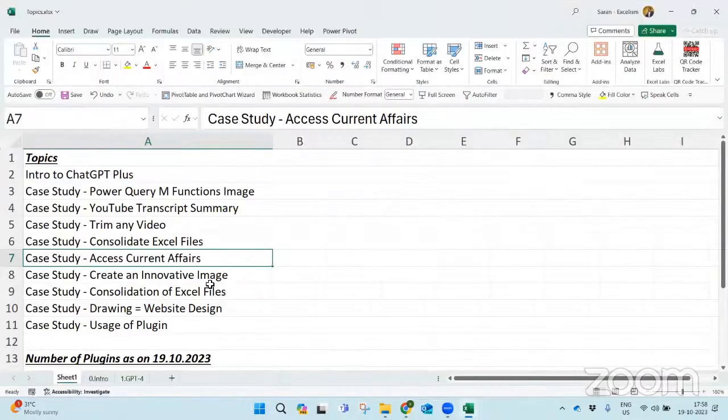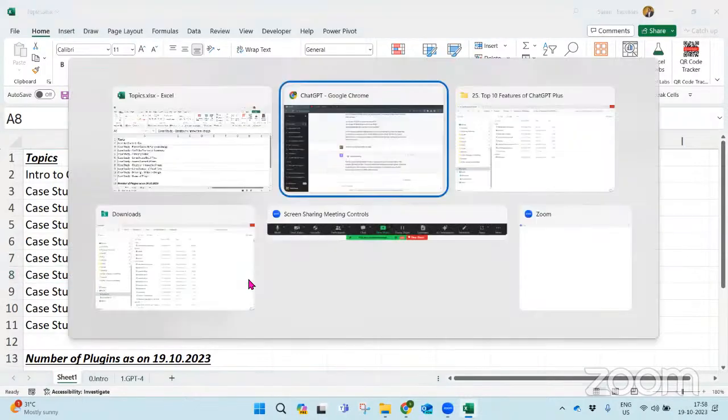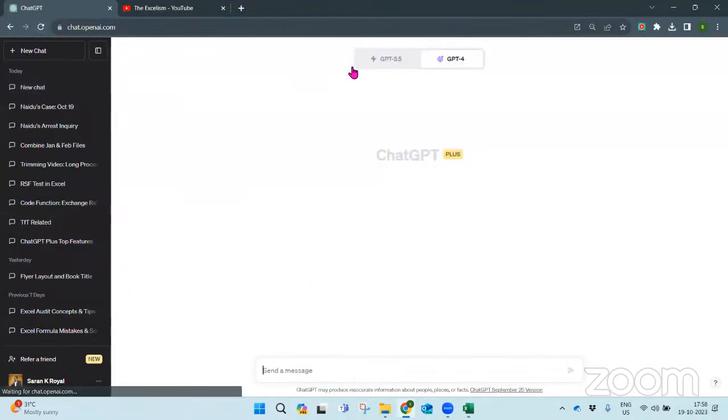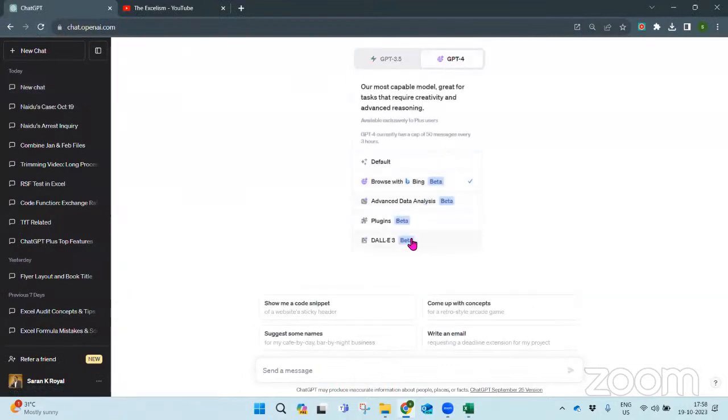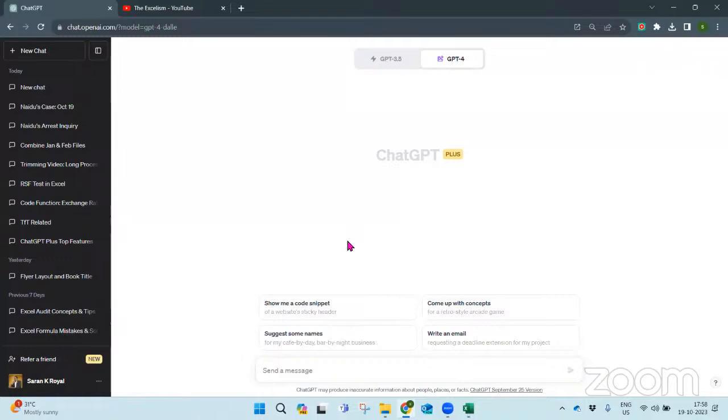Let's go into the next one. Current affairs, any information you can access. It can create an innovative image. That's another new beta functionality added to ChatGPT Plus, that's DALL-E 3. Meaning you can ask for any image, right? For example,